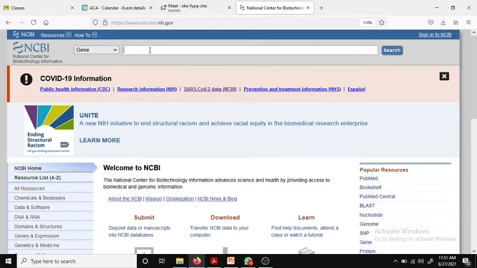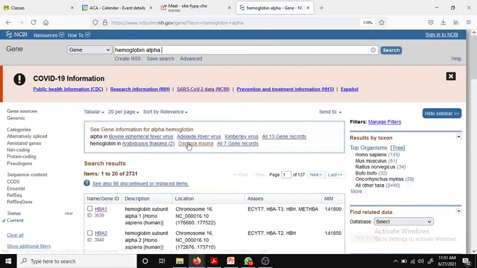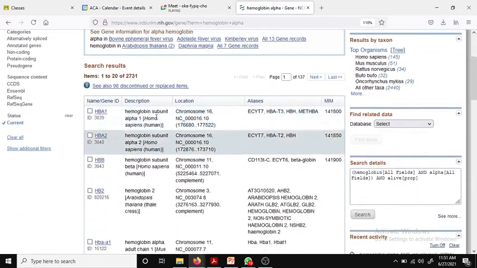So for that purpose, just take the example of hemoglobin alpha. I'll write hemoglobin alpha and search by selecting the gene. You will see that in the search results the first thing comes up over here.